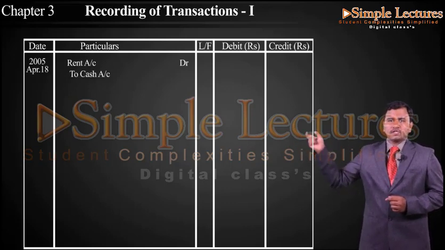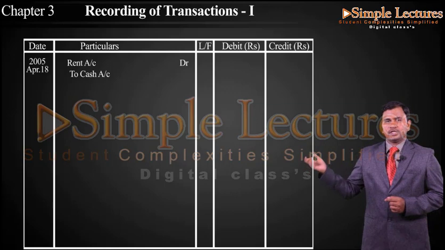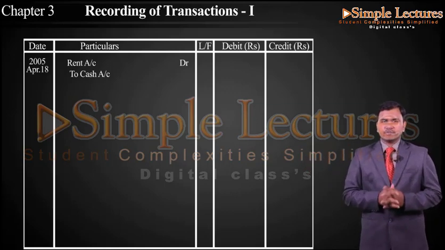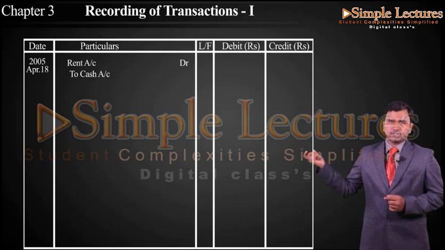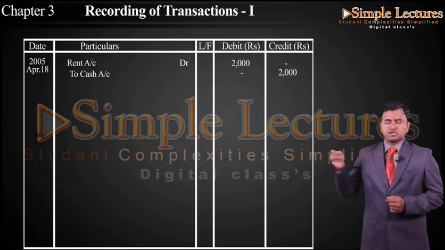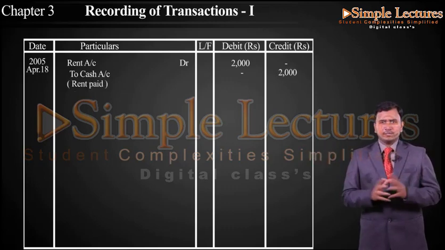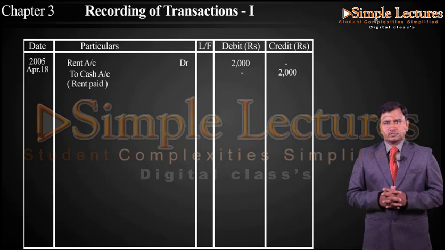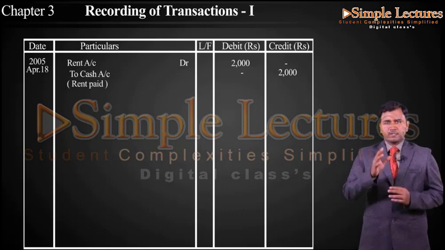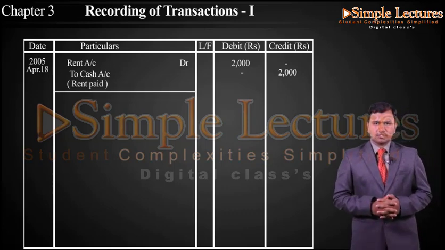So here the rent is paid. Again it is not mentioned here whether it is by bank or whether it is by cash. So we are considering it in cash. So rent account debtor to cash account, debit 2,000, again credit 2,000. So the narration will be in bracket rent paid. So the rent is paid here. Let us come to the next transaction which is on